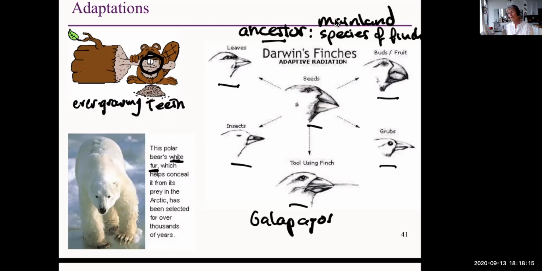And the reasons are there was competition for food. So these individuals did well with this kind of beak, eating leaves, and they started to look different than other individuals in the population. Indeed, they started to mate with each other because they were in the same environment. This individual has a large beak for cracking seeds. That's another source of food. No competitors there. So these individuals started to mate with each other, and the large beak was the result. And eventually, they isolated from the other individuals of other populations and became their own species.